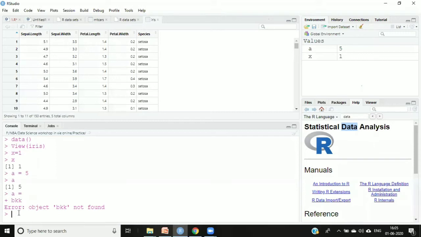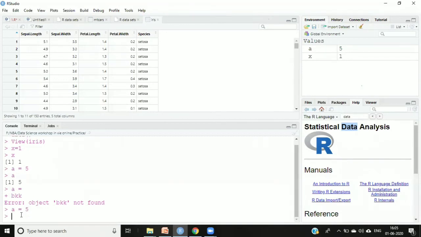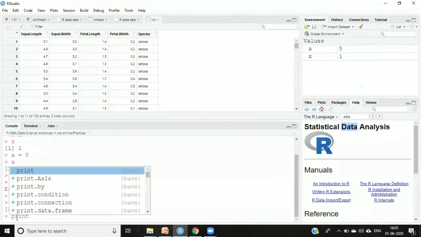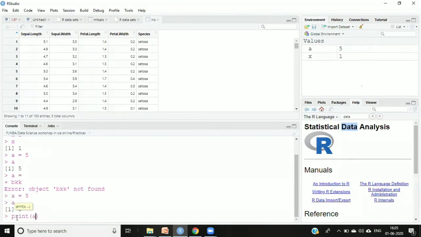So if you are on the mobile phone and assigning a value like this, just give one space and then you say enter. Then you will see the proper thing. Now, if I want to see the value of A, I'll say A and enter. I'm getting the value of A. Clear? Now, the other way is I can say print, and to print I can pass the name of that particular variable.